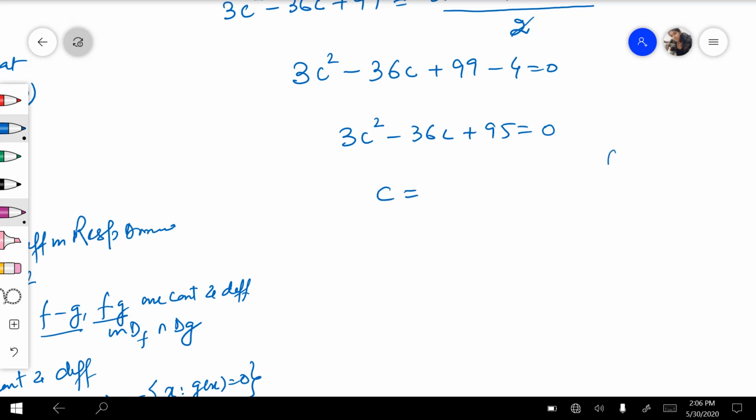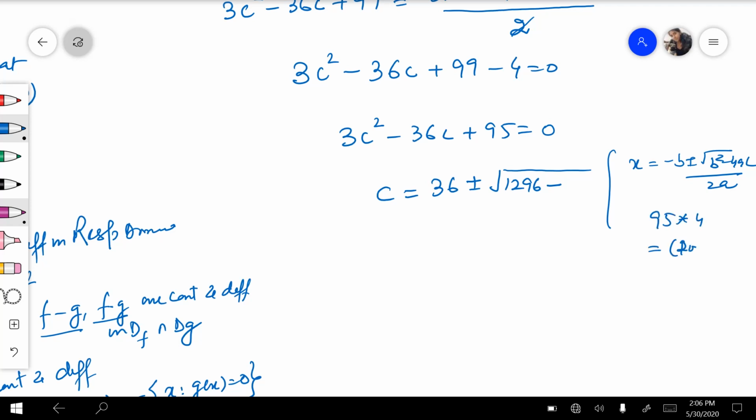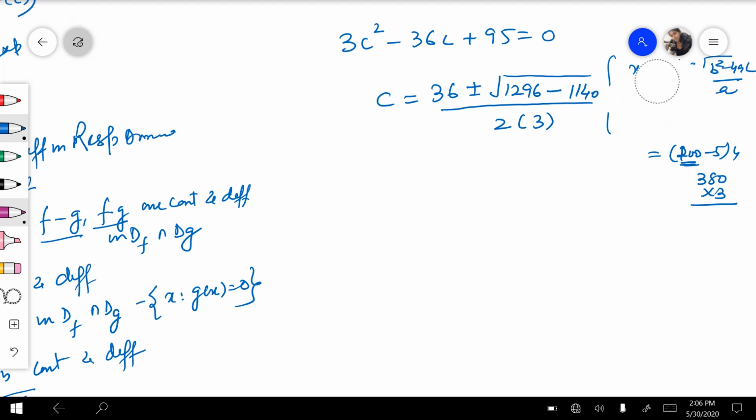Now we have to find the value of c। उसके लिए हम quadratic formula जो हमने क्लास 10th में किया था उसको यूज कर रहे हैं। That was x is equal to minus b plus minus square root of b square minus 4ac upon twice of a। तो यहाँ पर b जो that is minus 36, तो उससे क्या आ जाए, plus 36 plus minus square root of 36 square, that is 1296, minus 95 into 4, that is 380, into 3, which comes out to be 1140, divided by 2 into 3, which gives you c is equal to